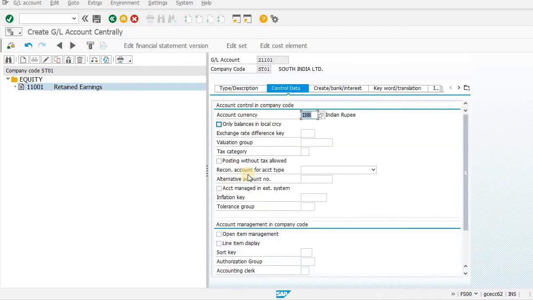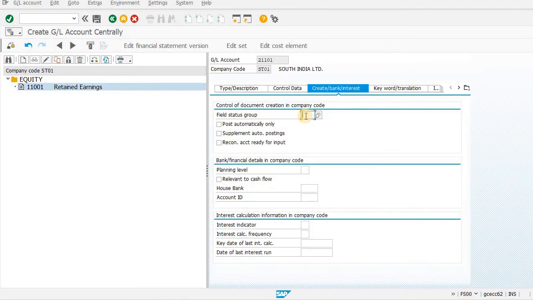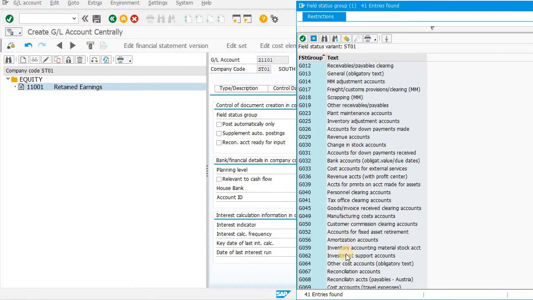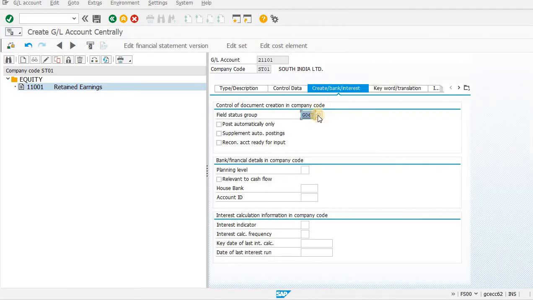Go to control. Then reconciliation account K. Line item display. Sort key 001. Then group. There is a reconciliation account. Register. Then save. It gets saved.